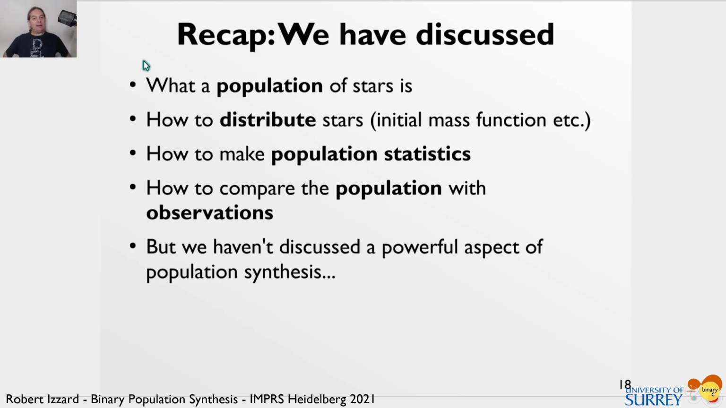So let's have a quick recap while we're here before we go on to the next section. We've discussed what a population of stars is. We know how to distribute stars, so we know the initial mass function and things like that. We know how to make population statistics, and we know a little bit about how to compare with observations. I mean, that's a whole thing, but we've touched the surface, so that's good. But we still haven't gone on to the next part,